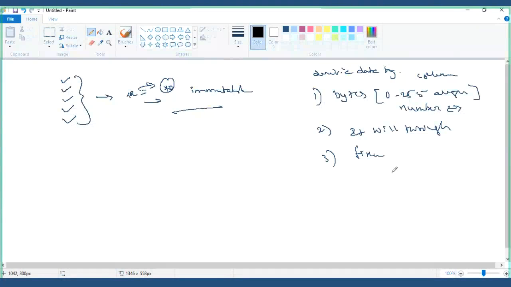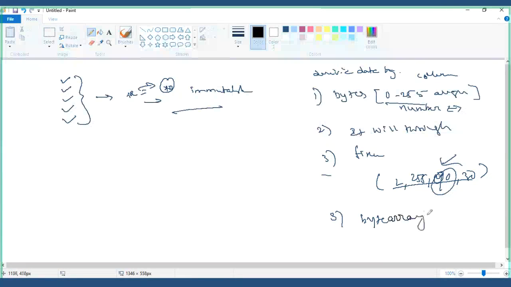Sometimes you would like to change something that is there. Any one specific value you would like to change, even though all the values are within that range, like 2, 255, 90, 30, and this 90 you would like to change, then you go for byte array. So that is one more data type. Bytes and byte array have the same characteristic, but in a byte array you can modify the values. That is the important thing you have to remember. Then we went to list.